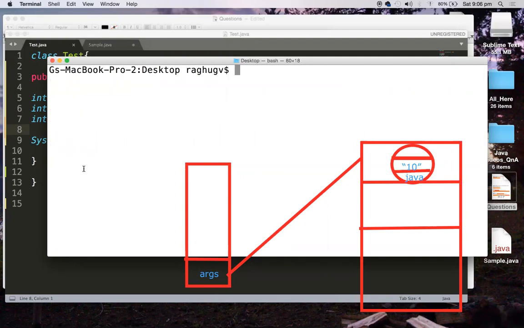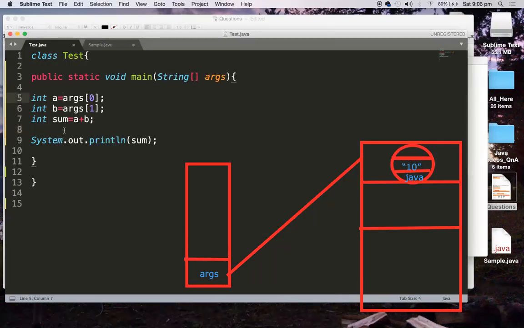So what we need to do here is convert any string-represented integer to its integer. 10 is an integer, but it is string represented. We have some wrapper classes available in Java, like Integer is a wrapper class for int, and we have 9 wrapper classes. I will take up a question on that. They have some static methods like parseInt. The parseInt method will parse a string-represented integer to an integer.